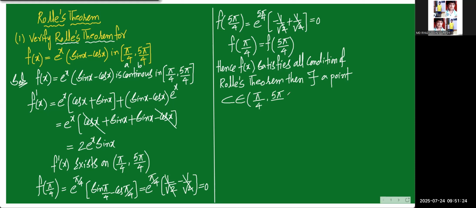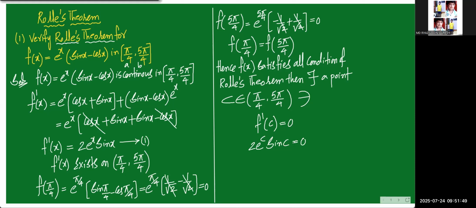C belongs to (a, b) such that f'(c) is equal to 0. From where can we get f'(c)? The f'(c) value we can get from here, because we know it is f'(x). That can be easily obtained by replacing x with c. So f'(c) means we get 2e^c sin c